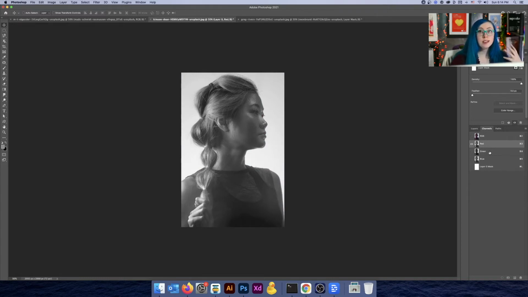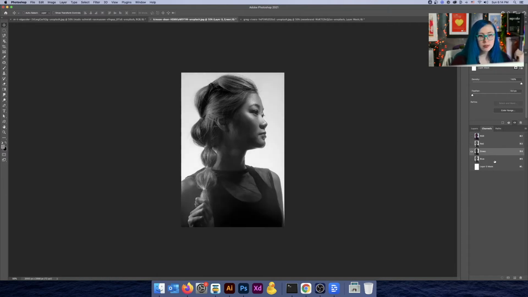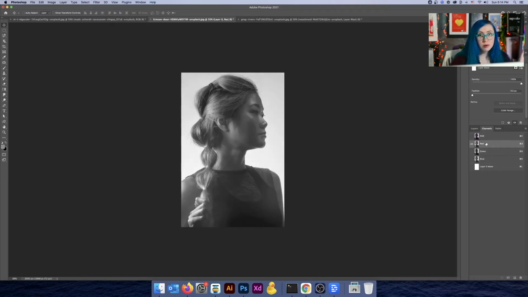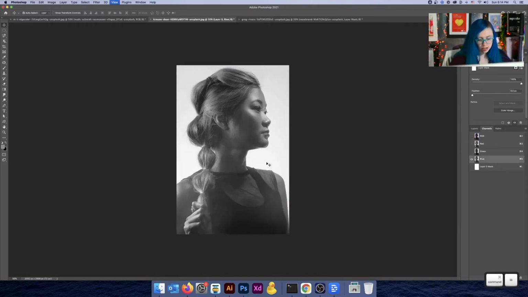Don't worry about understanding it fully yet. Worry about understanding the layer mask part of this. Later on down the line, when you get into really advanced Photoshop stuff, you'll get a better sense of what channels are for. Here, we're going to click on red, and then green, and then blue. Our goal is to find the image with the most contrast between the background and the foreground, something that will allow us to get her silhouette really clearly.